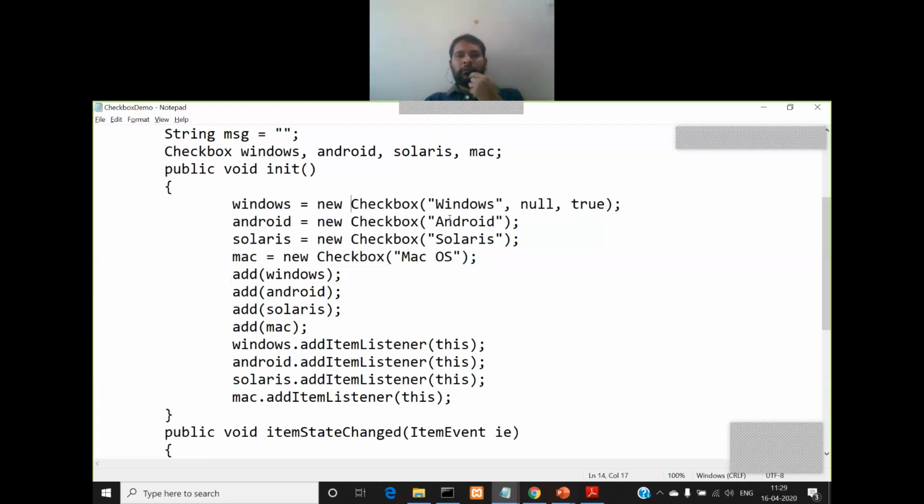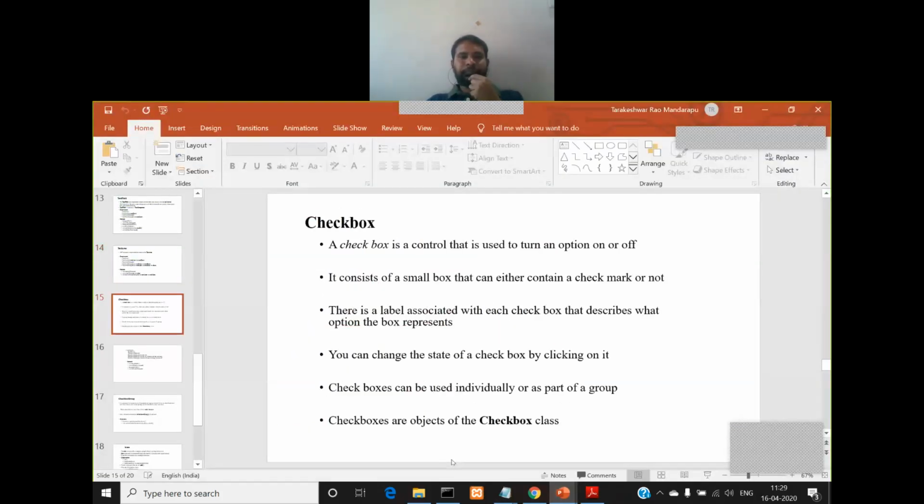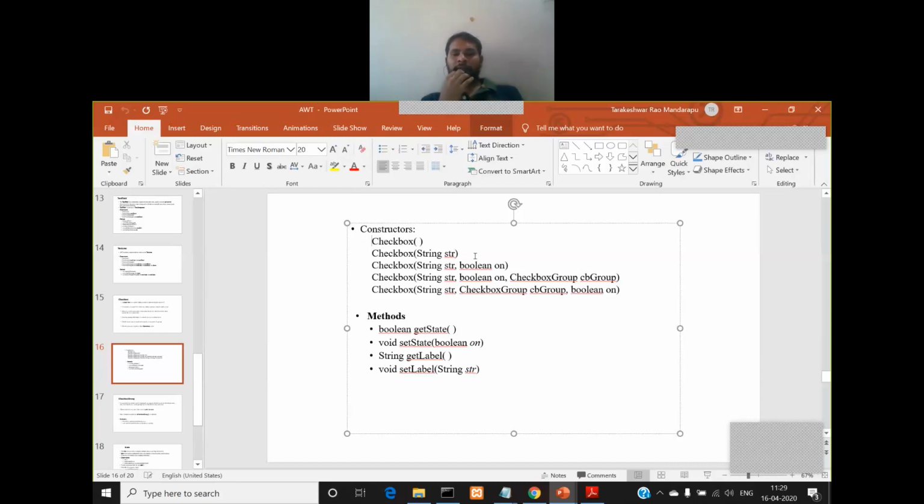So look at the checkbox object. Let me show you the constructors for Checkbox. These are the constructors for Checkbox. The first constructor is a default constructor which does not receive any parameters. A checkbox is a combination of two things.